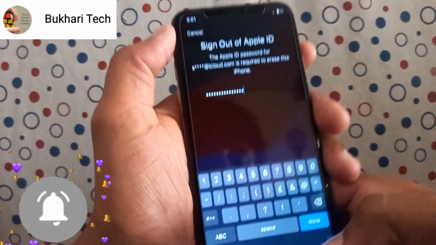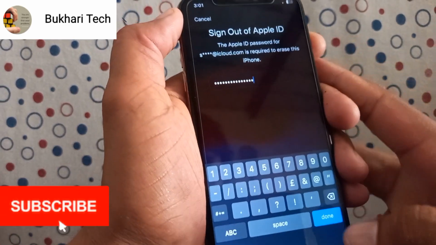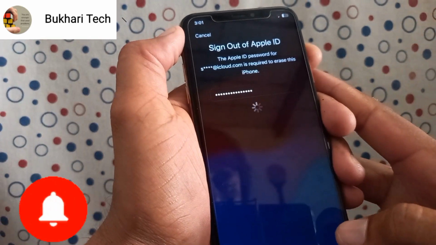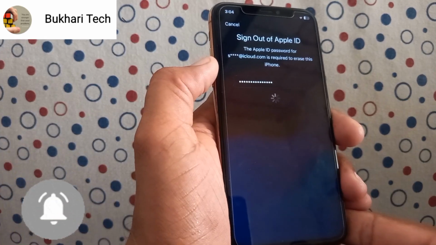When you have typed your Apple ID password, tap on Done. Wait for seconds.